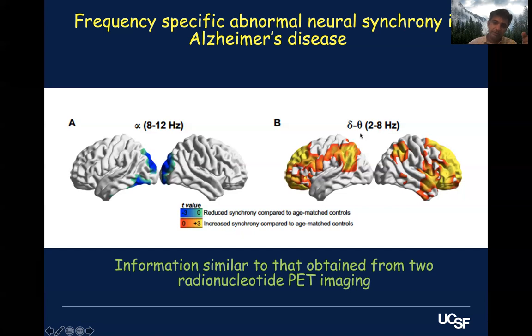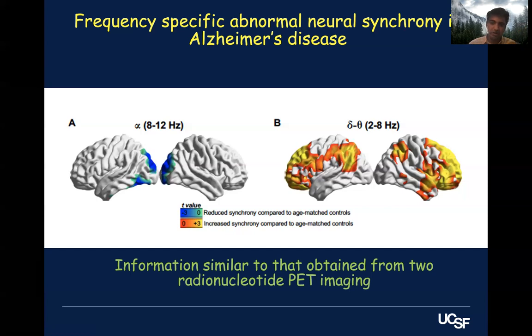synchrony. This kind of frequency-specific modulation or changes in synchrony is information that is very similar to what has been seen in radionuclide PET imaging. But this particular data is obtained by having subjects come into our lab and just sit in front of a magnetic field scanner and measure their magnetic fields and reconstruction of this brain activity. So it does not involve any radionuclide imaging. So we think that this could be very exciting as an application to measure the processes that are abnormal in